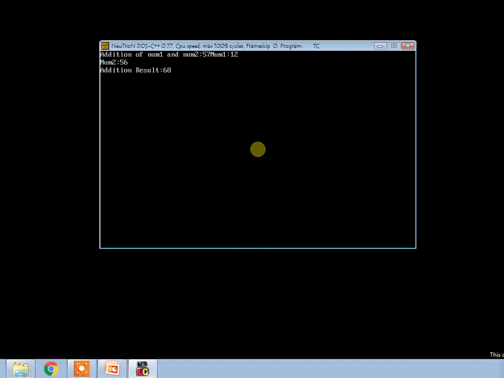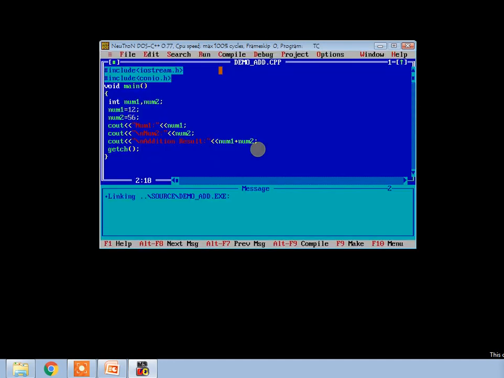The value of addition of num1 and num2 and F7, please ignore this because this is the result of the previous run. So to erase the previous screen, what you need to do is just put the function clrscr, for clear screen, and it belongs to the header file conio.h.